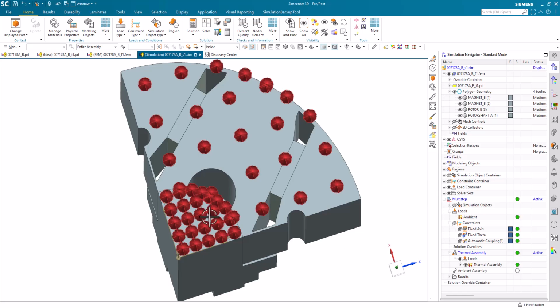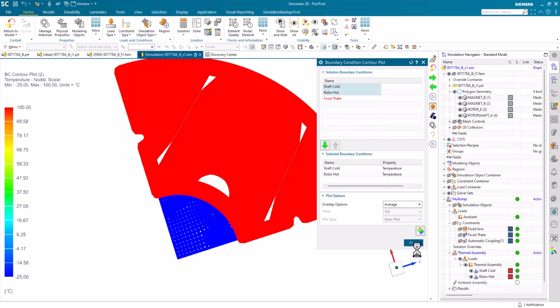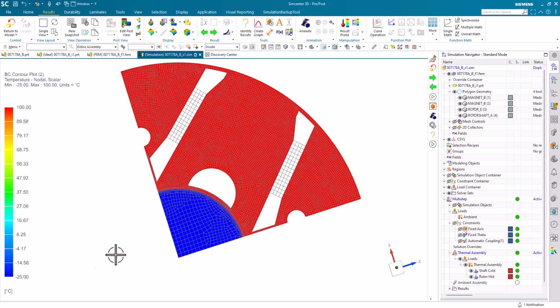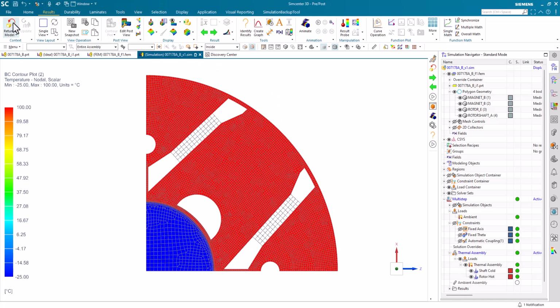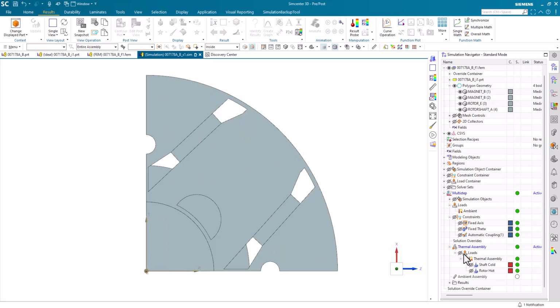So I'm going to only have the mesh on the shaft and the rotor at this point in the solution. They both have temperatures defined. I can do a contour plot now of these. Say plot contour. There we go. If I go to the results tab, they're showing this as spheres, so I can do a contour plot. And you can see, okay, I've got 100 degrees on the rotor, minus 25 degrees on the shaft. Okay, so then I'll return to model, and I'm good with that step. That's the only load I'm going to have in that step, just to open up the gap between the rotor and the shaft. So then I'm going to the